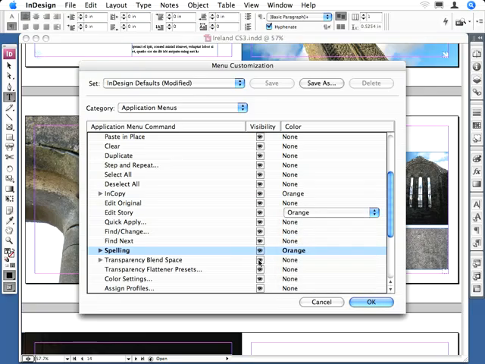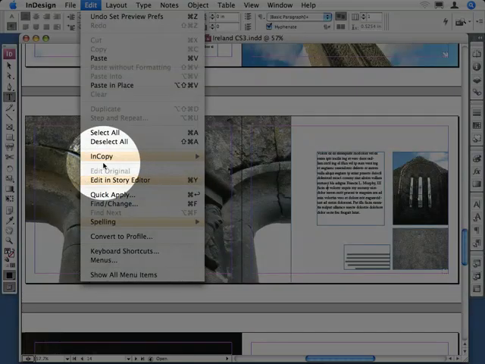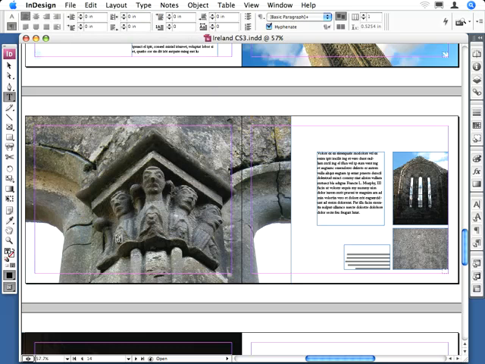Since an editor won't need options like transparency blend space, transparency flattener presets, color settings, and assign profiles, I'll turn those off and then click OK. Take a look at the Edit menu now. It no longer has those options showing, but it has my specified items colored orange. These customized menu settings can be saved as sets, like you do with keyboard shortcuts, and included as part of